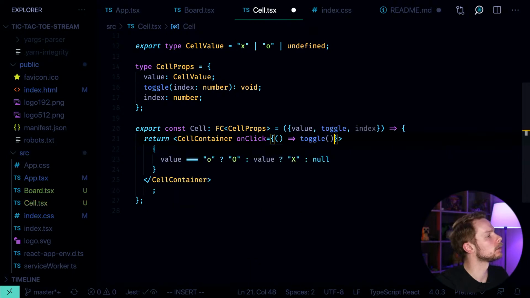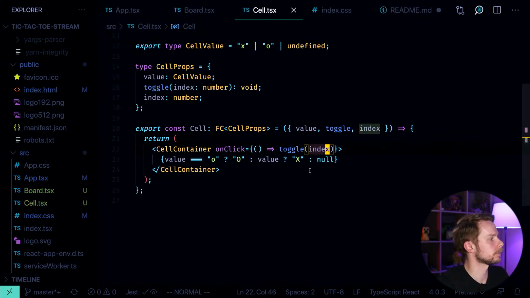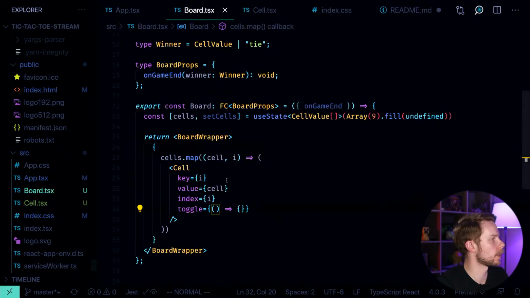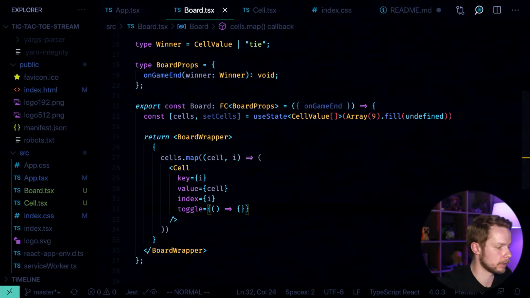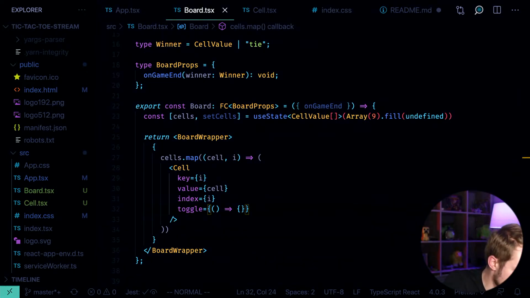Toggle with index. Now, if we go to the board and then we pass the right toggling function,